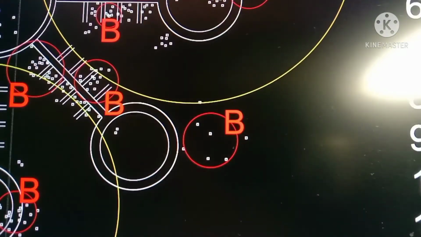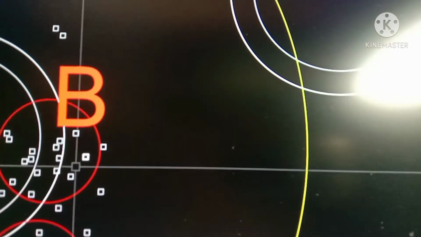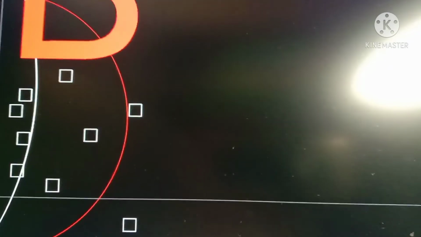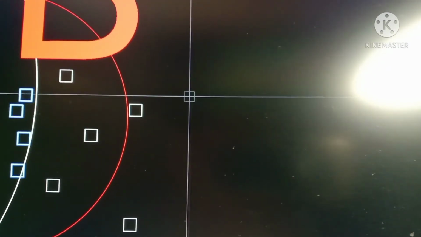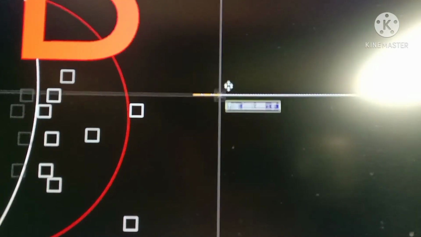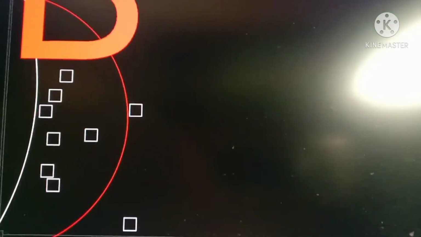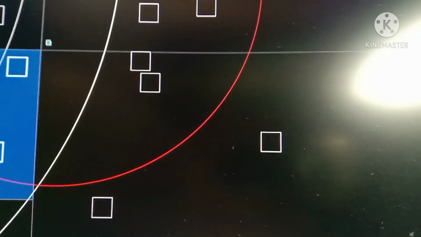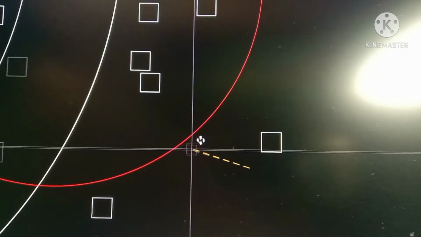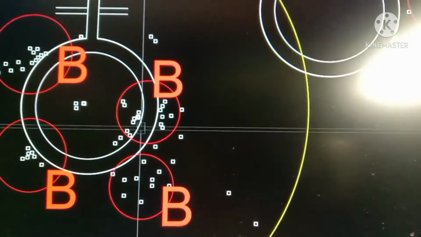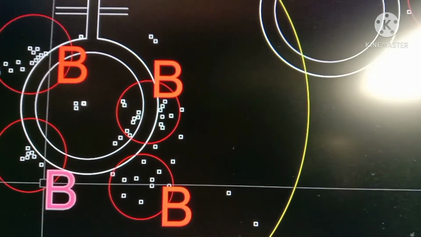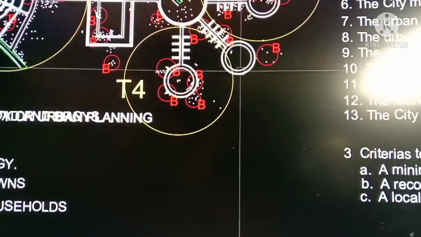So, they will have to go around it. Somewhere here, another barangay is being affected. There are a lot of barangays being affected here. Okay, they have to call for the owner of the house to move their house away from the markings, something like that. There are two here also below here. Another one affected. You have to inform the owner and move it out. Something like this. Okay. Any more barangays that are being affected by the extensions will have to relocate.